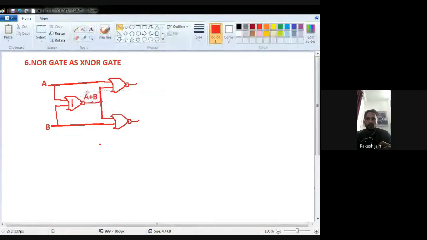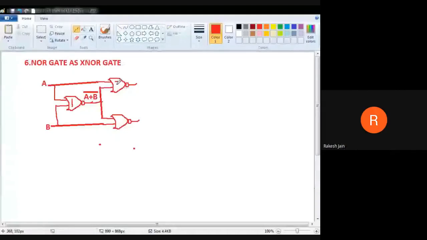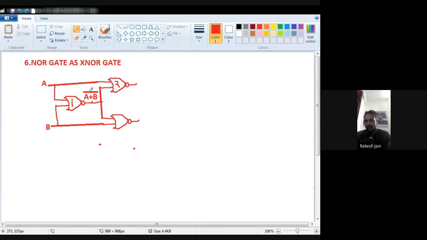So first of all, we see there are two inputs. First we talk about the first NOR gate. So one input is A, one input is B. So what will be the output? As we know from the NOR gate, the output is A plus B having a bar. And what is the second input? The second input is this A plus B bar. It consists of two inputs. One line is connected with A and one line is connected with this A plus B bar. So what will be the output here?